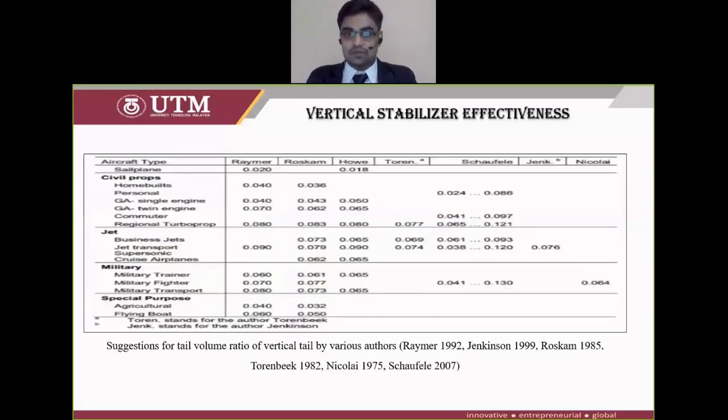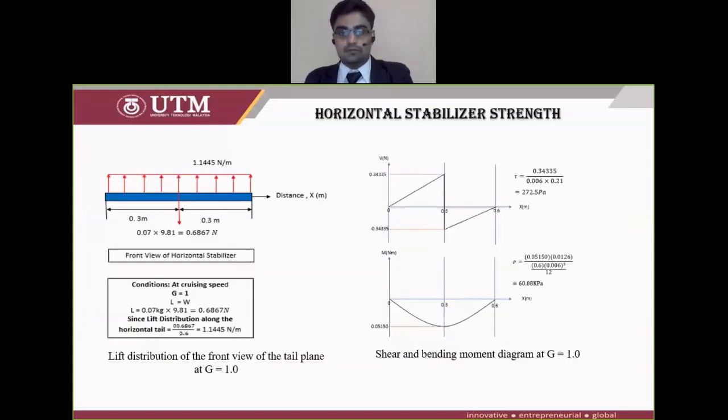Based on the table, by referring to the Raymer 1992 sources, the tail volume ratio for the vertical stabilizer, which is 0.04, is reasonable and effective, as it can be compared from the table above under the civil propeller aircraft type and the category of home build. Upon completion of a proper sizing of the stabilizers based on the available criteria,